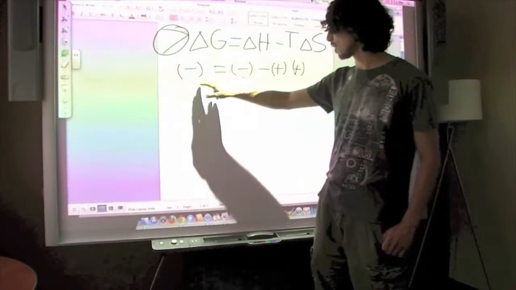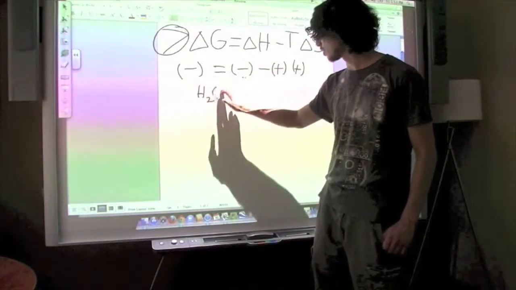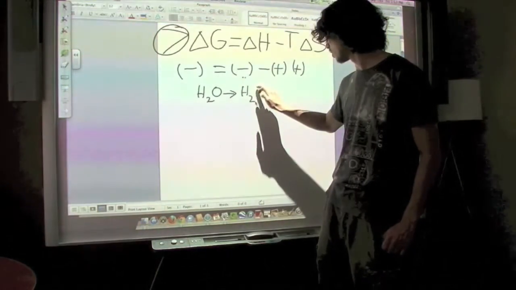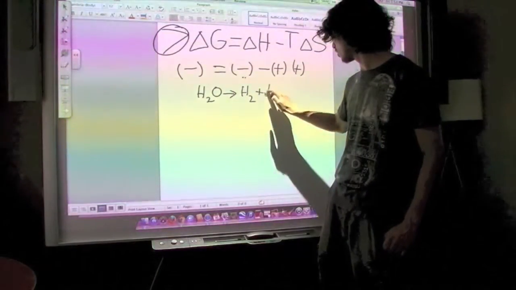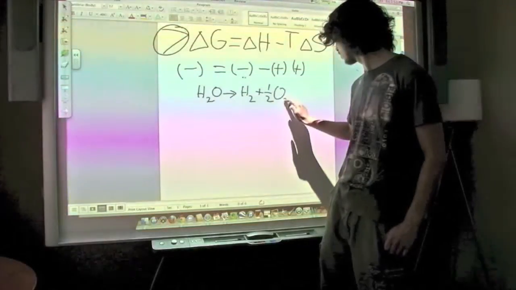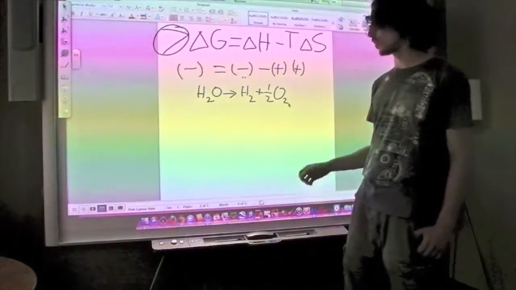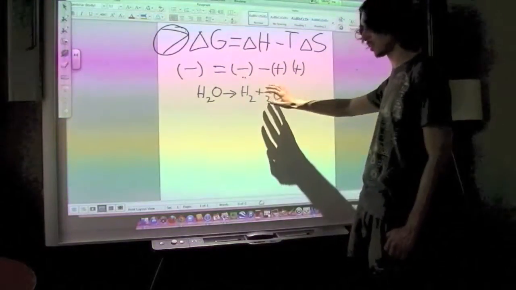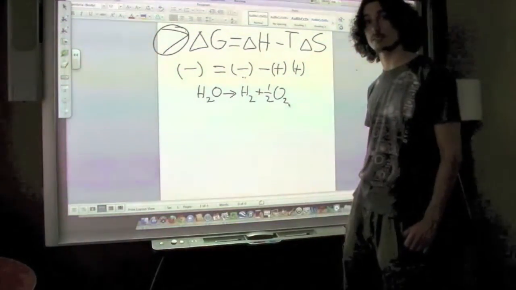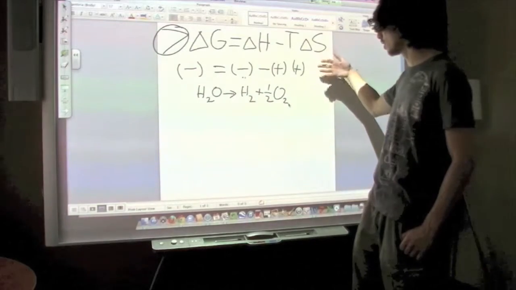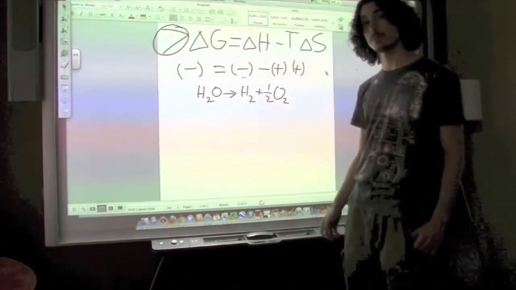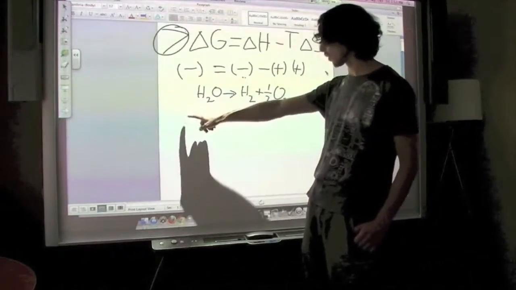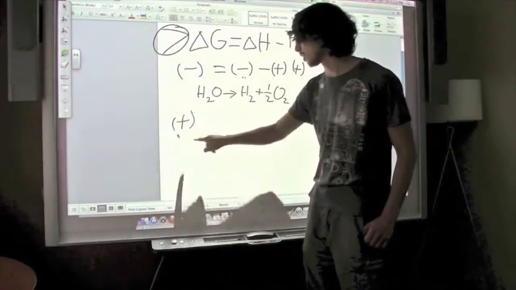The next example asks us to consider this reaction, water being split into hydrogen and oxygen. So if you've ever seen hydrogen burn, that would be going this way. Hydrogen and oxygen combining to form water. That's a spontaneous reaction, similar to our example here, the burning or the explosion. But now we're going the opposite way. So again, we already know the answer up front, that this is non-spontaneous